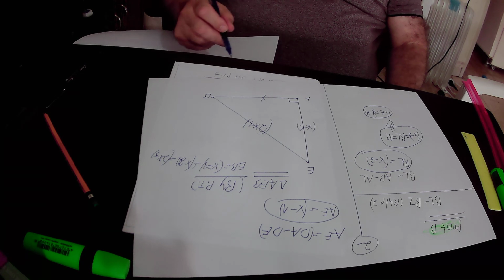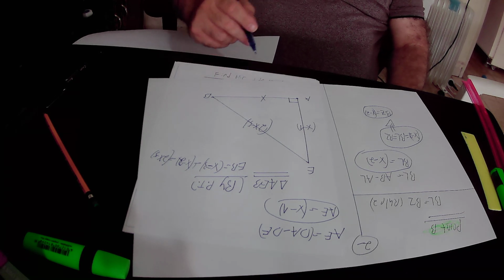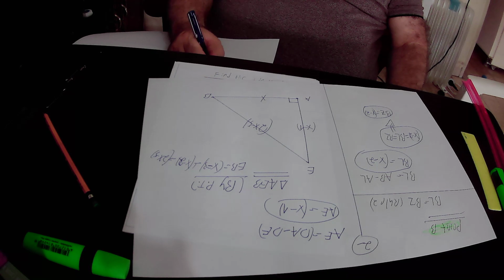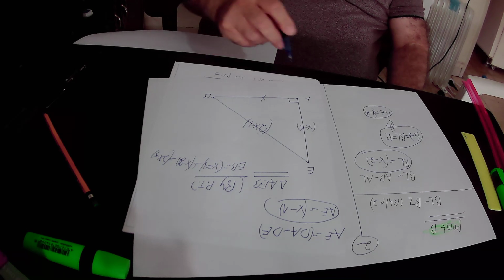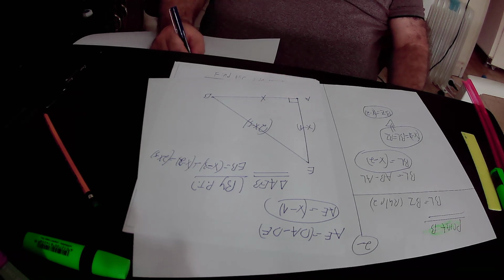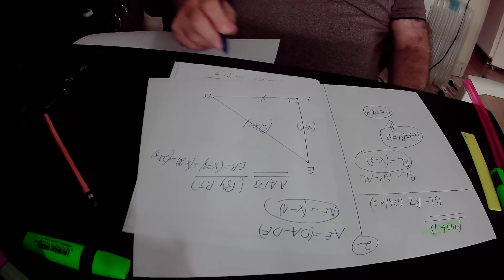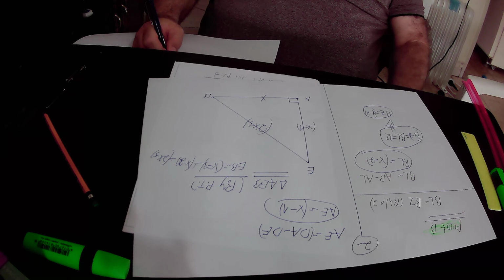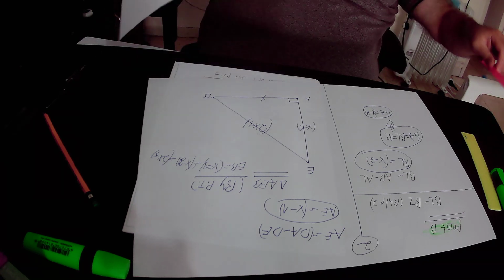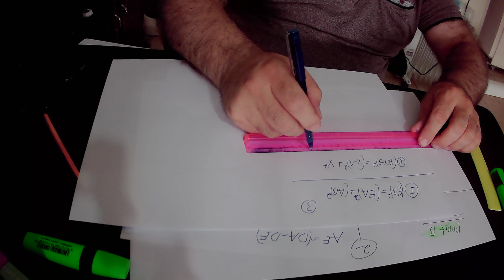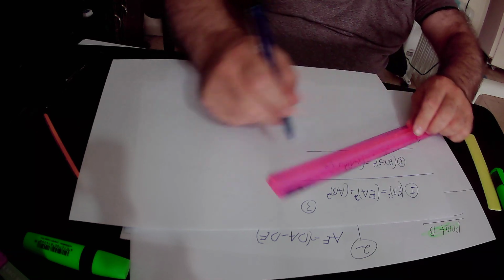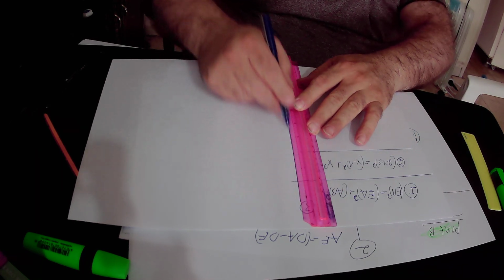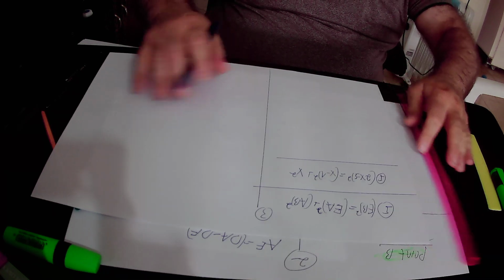So here the hypotenuse EB equals 2x minus 5, so EB squared equals 2x minus 5 squared. And it is equal to EA squared, EA equals x minus 1, so EA squared equals x minus 1 squared, plus AB squared. AB equals x, so AB squared equals x squared. So in conclusion, I found out that 2x minus 5 squared equals x minus 1 squared plus x squared. So here